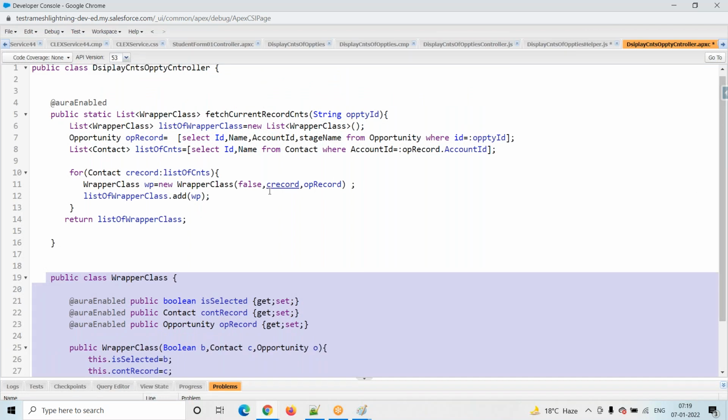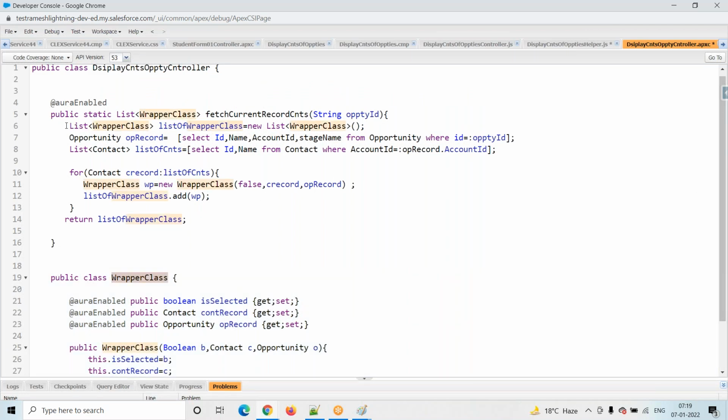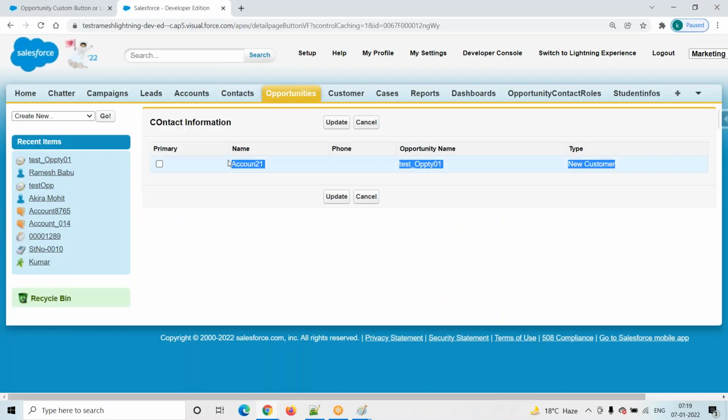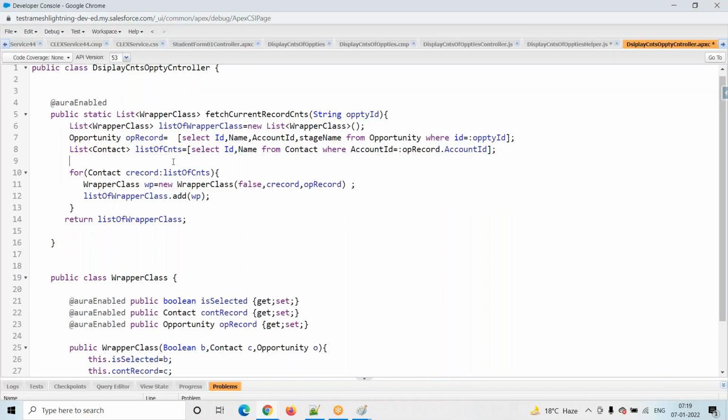First we have to prepare one list. Why are we using a list? Because for each and every contact record we have to display to the user in this format, right? How many contact records are there? We are not guaranteed. So that's why I'm using a list here. Finally we are preparing the contact records in this list format. I'm taking each and every contact by using a for loop.